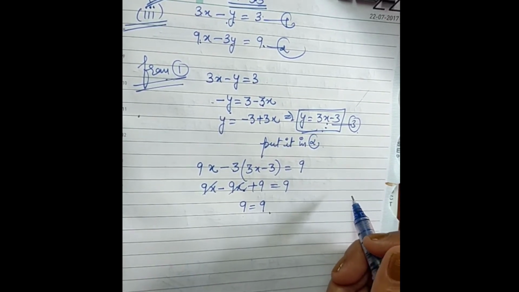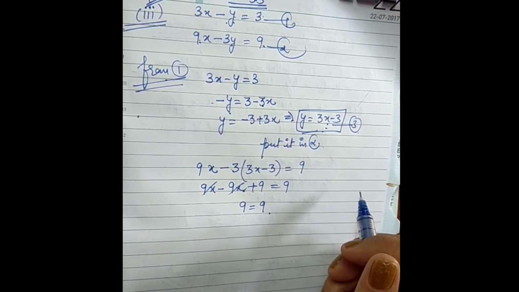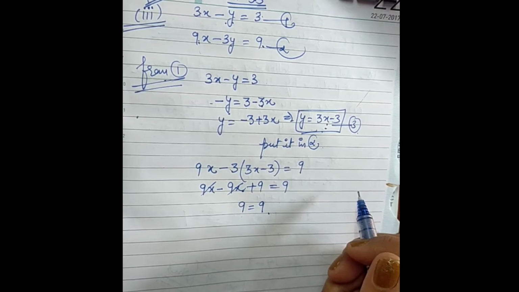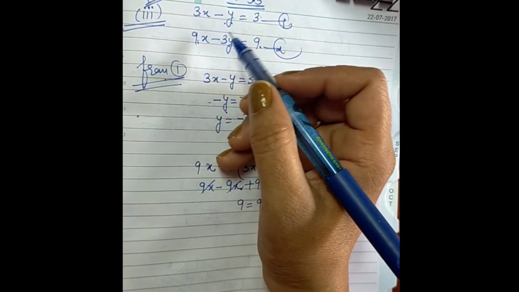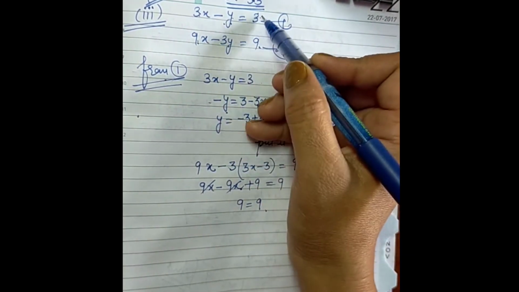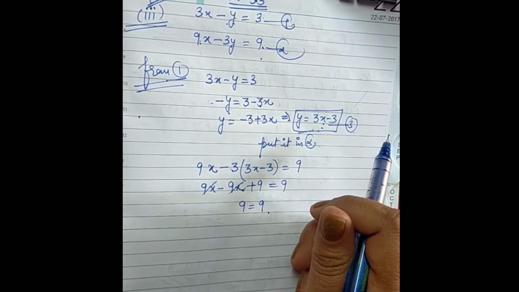No, this is not like that. There are infinite values for x and y. There is no specific value, but there are infinitely many values. How do we get this? As I've told you in the interpretation table, if all the ratios are the same, then there will be infinitely many solutions.